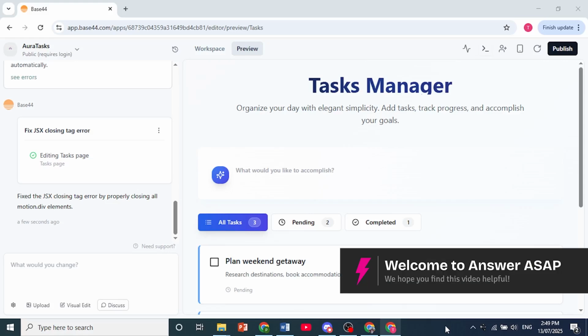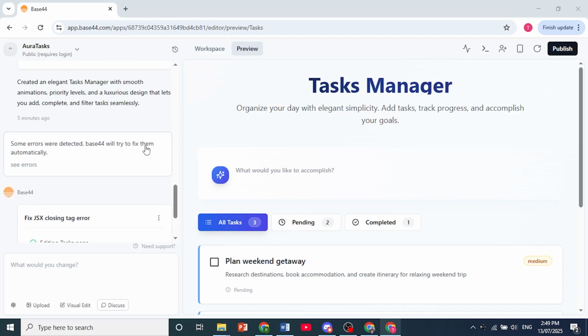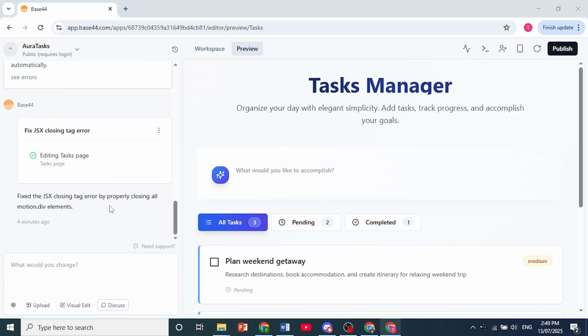Hey guys, in this video I'll show you how to embed a YouTube video in Base44. Now all you need to do is just launch up the project or app that you want to embed the video to. Come here to the prompt section and just type in embed a YouTube video, okay, on the top